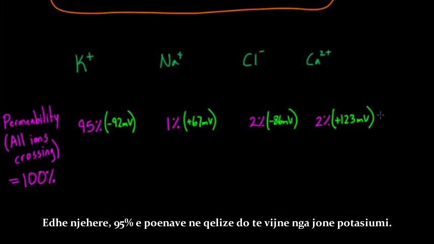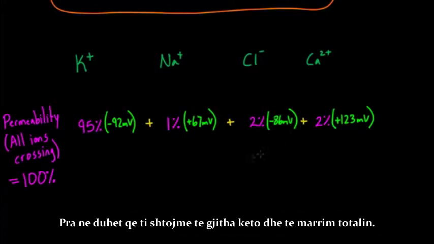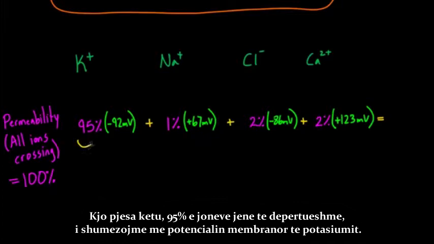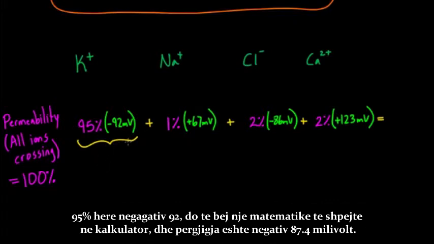But again, 95% of the voting, in a sense, for what the cell is going to agree upon comes from one ion. It comes from potassium. And so we just have to add all of this up and get a total. So this part right here, 95% of the ions being permeable, multiplied by the membrane potential for potassium, 95% times negative 92. I'm just going to quickly do the math on a calculator. Works out to negative